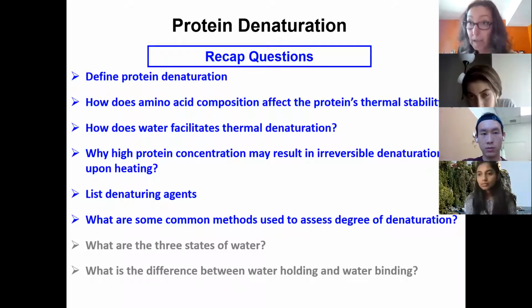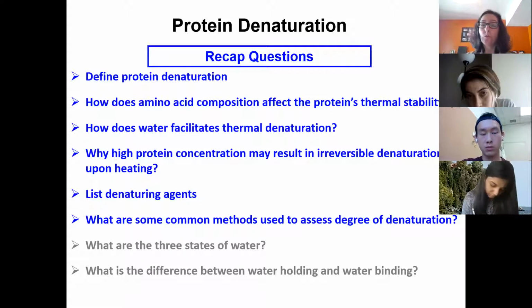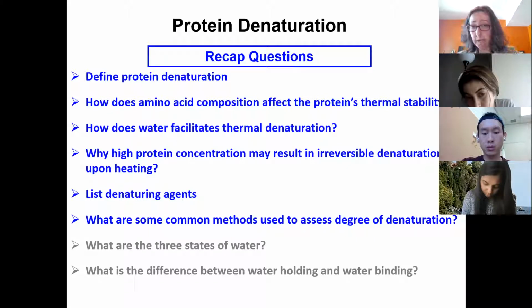Can you say, for example, when a protein loses some functionality, we can assess the degree of denaturation? Yes, I was going to say solubility specifically. When we see a decline in solubility, that's an indication of denaturation as well as irreversible denaturation. Very good. And we also have other types of spectroscopy like Raman, surface enhanced Raman spectroscopy, which can show us differences in tertiary structure and changes in bonding that would indicate denaturation.